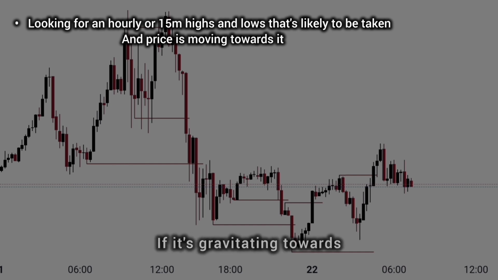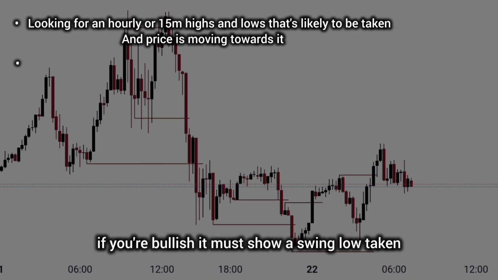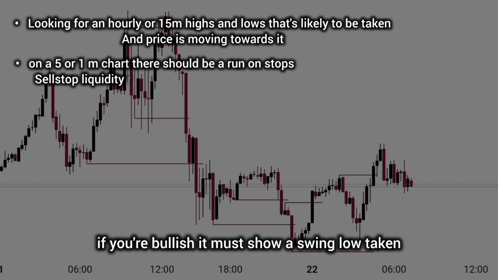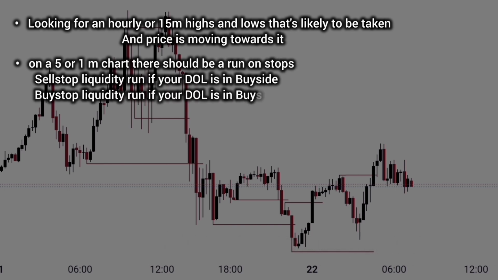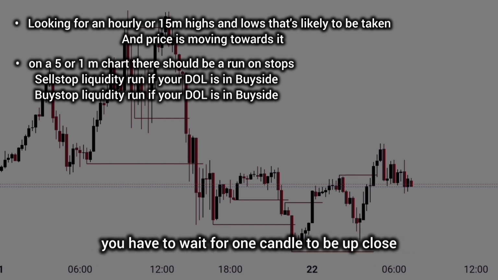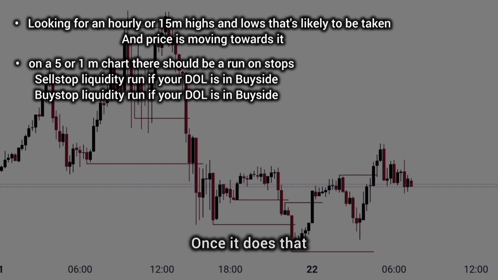If it's gravitating towards that 15-minute high, and real important, here's the main filter, here's the filter, folks, okay? This is the part that you're not going to do, and when you lose, you're going to swear up and down that it failed. On a 1 or 5 minute chart, if you're bullish, it must show a swing low taken and then reject and go higher. Whatever that time frame is that has the swing low that it pierces and goes below, as soon as it does that, you have to wait for one candle to be up close. Once it does that,